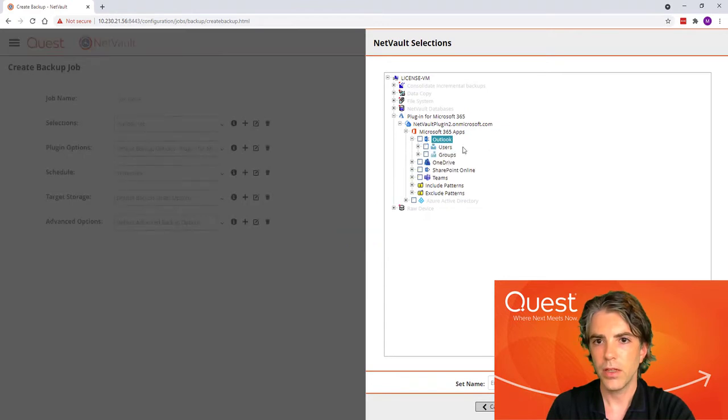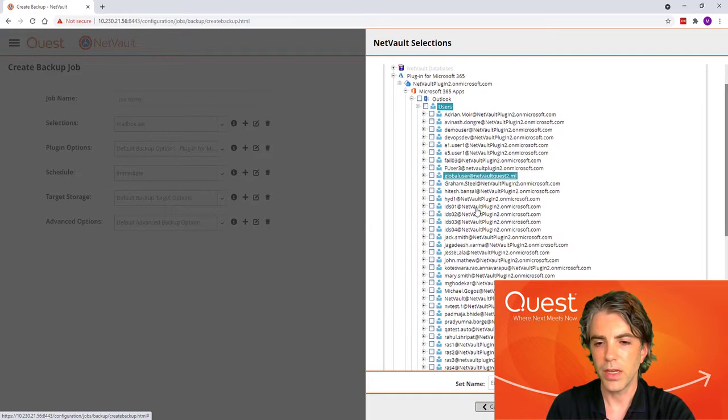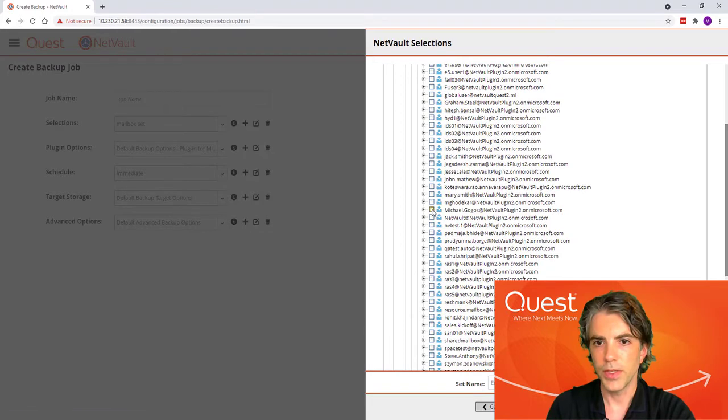So if we have a look in Outlook, we can see that we've given the ability to select individual users or users based on groups. But if we click on users, NetVault is actually going out and interrogating Microsoft 365 and bringing back a list of all of the users in that particular tenant, including myself.